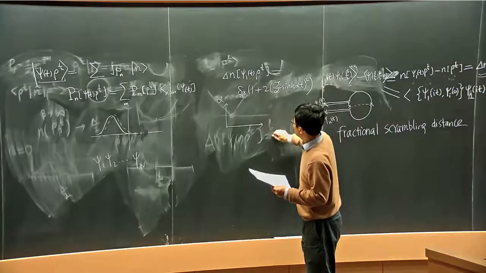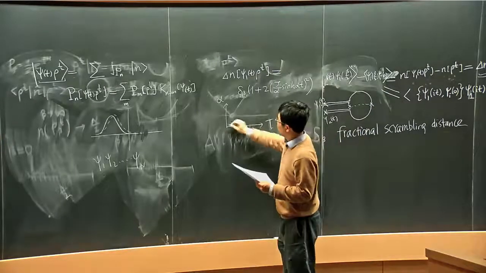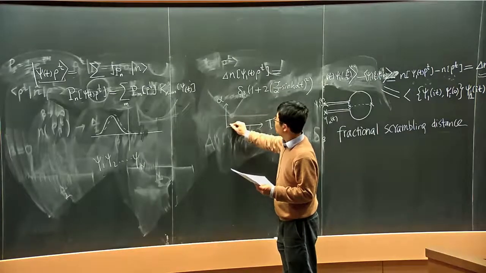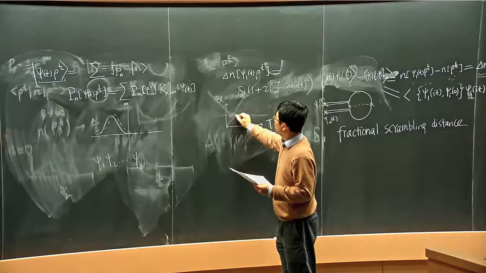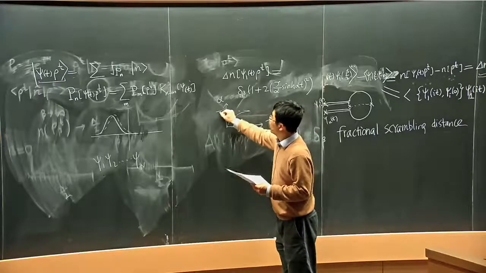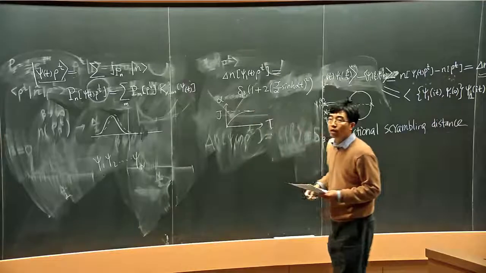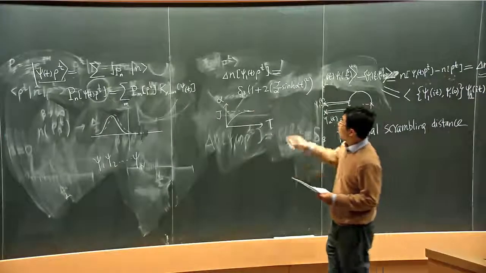So as a function of temperature, it starts from pi over beta, and it becomes the UV value J at high temperature. Delta beta is 1 at large Q? Delta beta in large Q is 1.